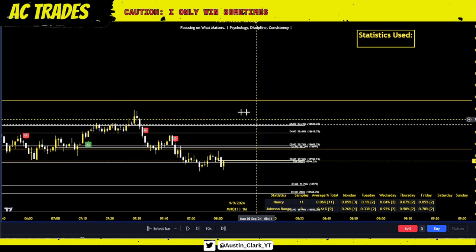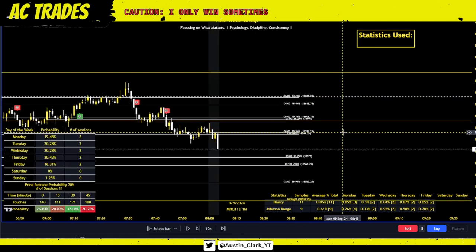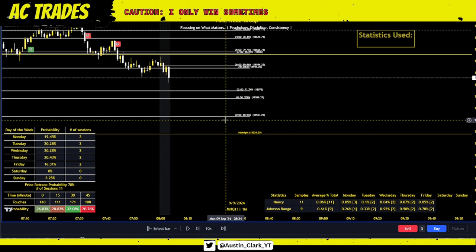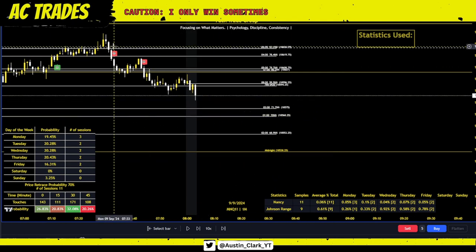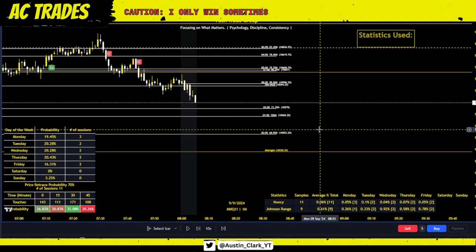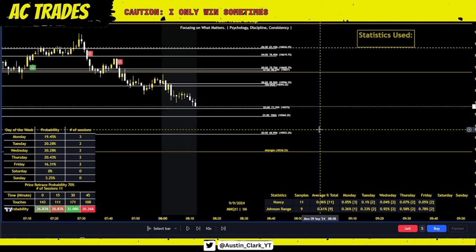And this is going to give me objective context to see where price is most likely going to start rejecting and then fulfill this midnight statistic. Now, I have my own proprietary way of entering, which is these red and green wolves. No, they are not buy and sell signals.